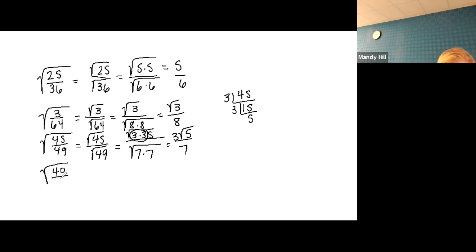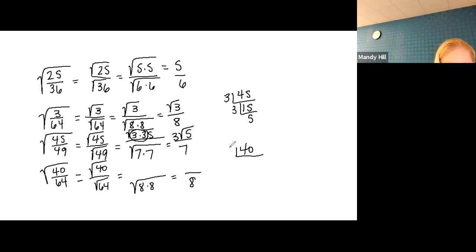The square root of 40 over the square root of 64. Once again, I don't know what the square root of 40 is, but I do know the square root of 64 because 64 is 8 times 8. So that would be 8 if I divided that up. I'm going to go back, so I left out a middle step here. So I could say the square root of 40 over the square root of 64. And we do know that 64 is 8 times 8, so the square root of 64 is just going to turn into 8. I'm going to have to look at